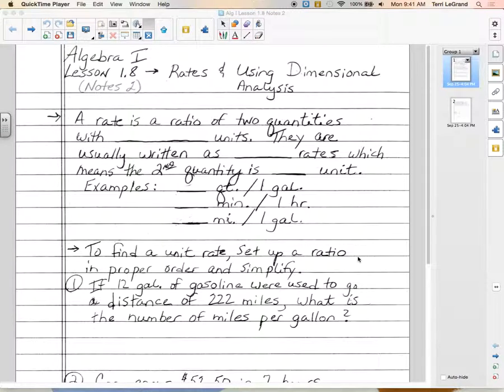Today, first of all, is that we can write and use rates and unit rates. We use rates a lot in everyday life. We especially talk about them as unit rates, so we have to make sure we have an understanding of them. And then one of those ways of using rates is finding, like if they want us to put something in a different